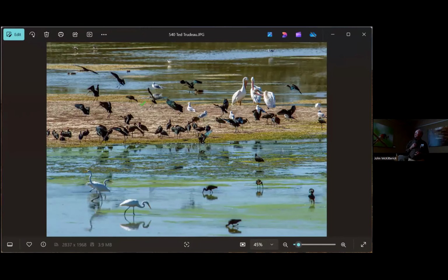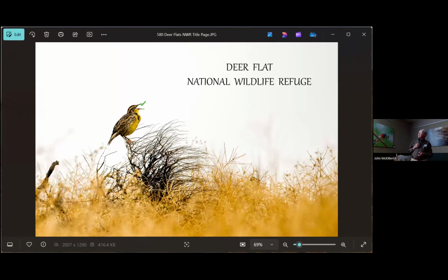You've got the American white pelican there, California gull, the white-faced ibis, great egrets in the foreground on the left that aren't in focus. And I believe there's even avocet and black-necked stilt in the upper areas that are out of focus as well. So, Deer Flat National Wildlife Refuge, about a half-hour drive west of Boise on Lake Lowell,